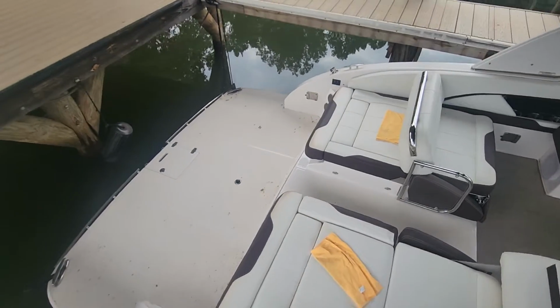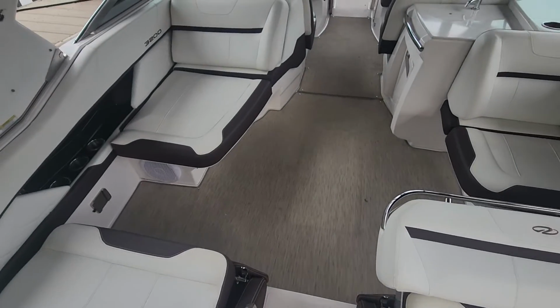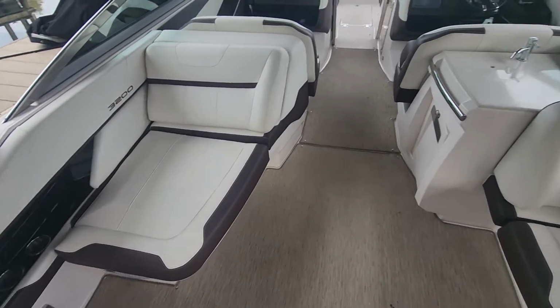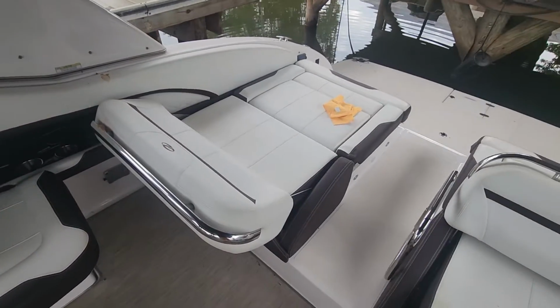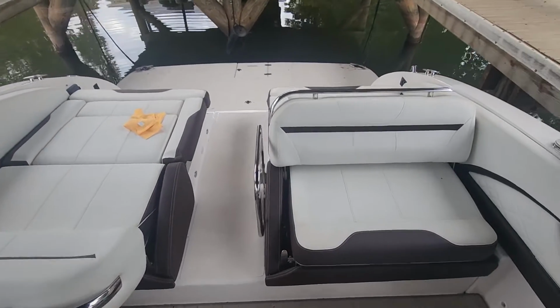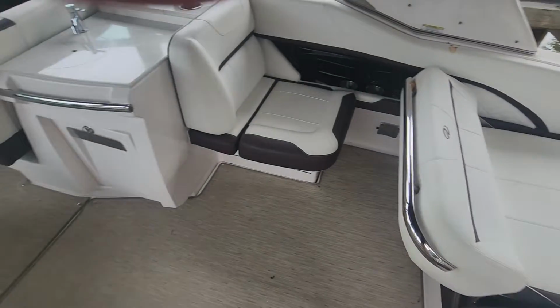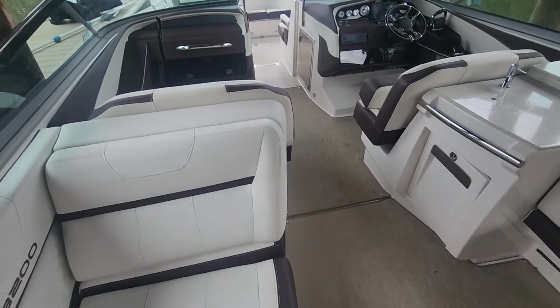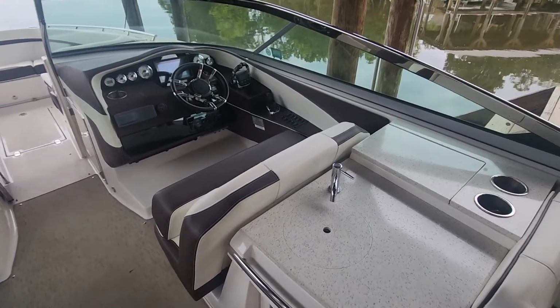Let's step down into the boat. Very spacious cockpit area. Seats will fold down or face forward. This is powered with twin Volvo V8 engines, joystick control,